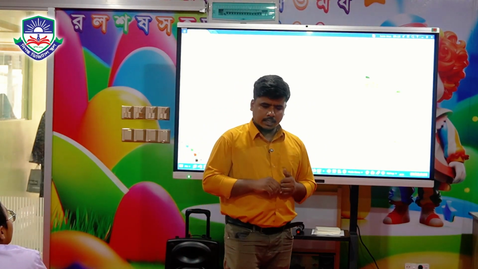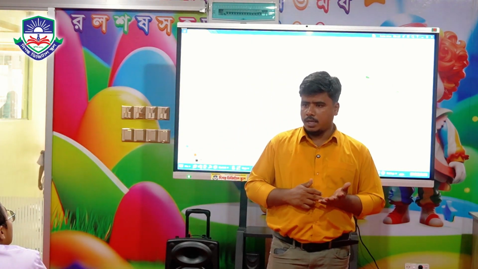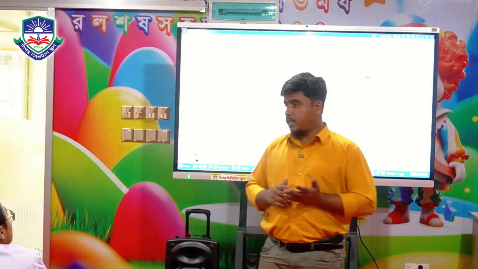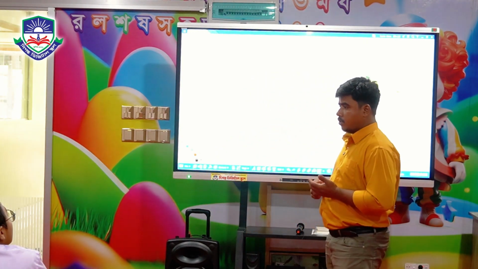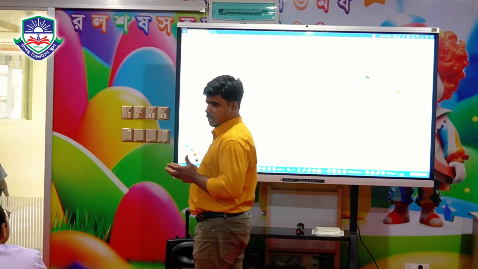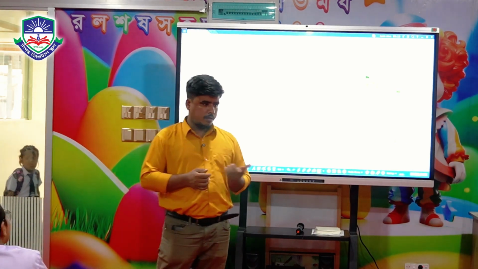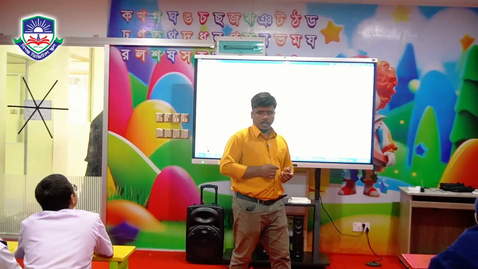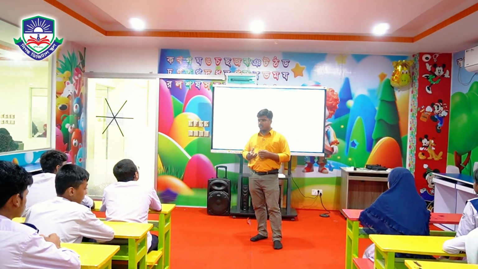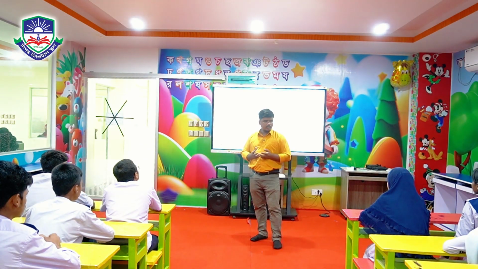In my last class I discussed the structure of plastid and how a plastid functions and how many types of plastid there are. So we learned about the structure of plastid. Plastid is a double-layered membrane-bound organelle. You already learned that. And inside the inner membrane, there is a matrix which is jelly-like, and this matrix contains